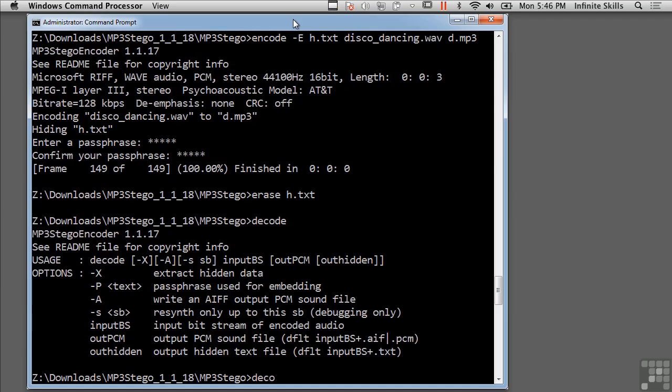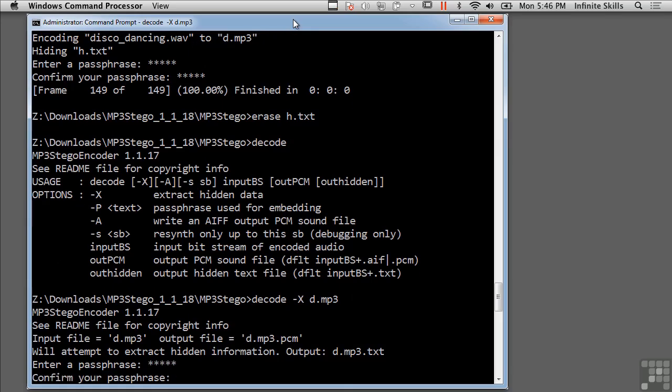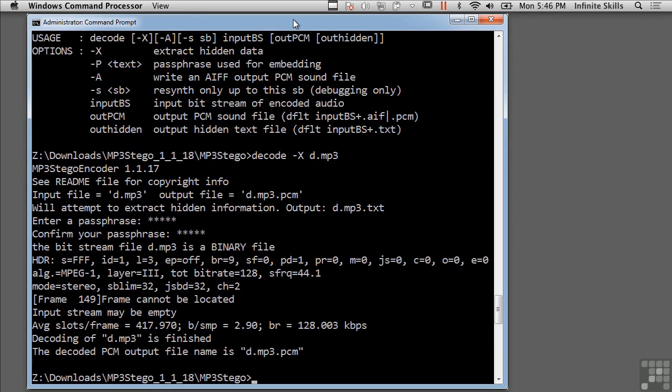So it's saying decode -x, and I'm going to say d.mp3 is going to be my input file. So d.mp3 is my input to decode. Now I could specify the name of the WAV file that's coming out as well as the hidden file coming out, but I'm just going to do this right now. So it's asking me for my passphrase, and I'm giving it my passphrase. So we've got d.mp3.pcm, which is the WAV file that has come out,